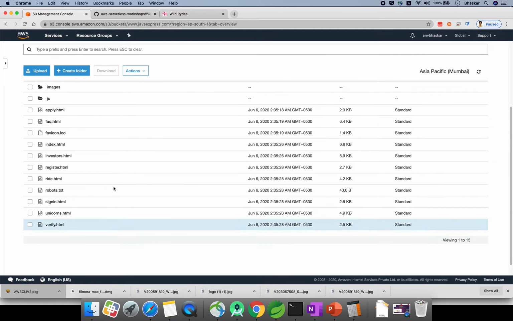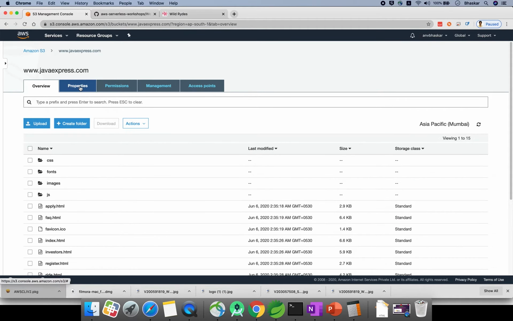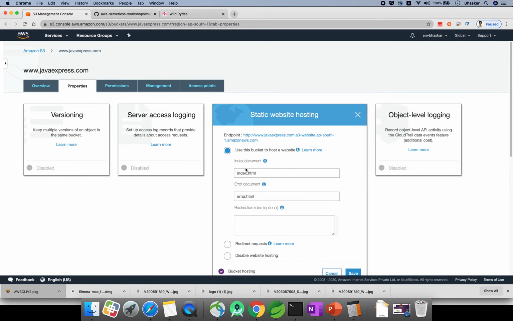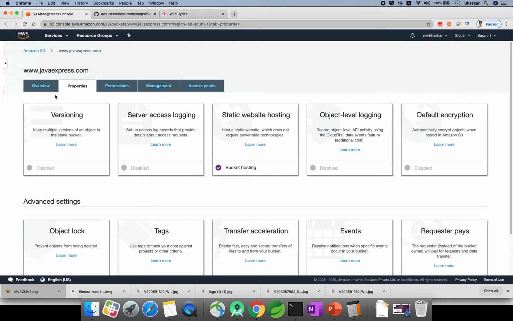Go here. If you see here, by default there is no error.html. What will we do? Go to properties, hosting. Remove this index.html, then we'll see what it displays. Index document is mandatory, so cancel.